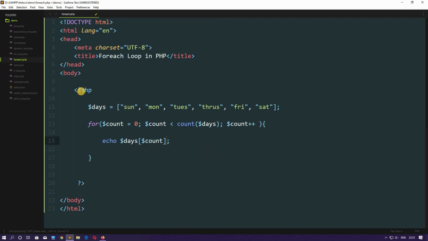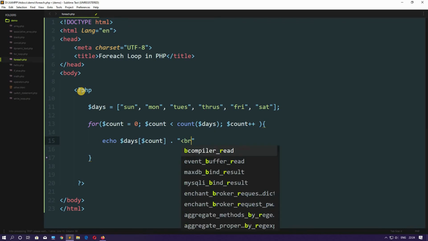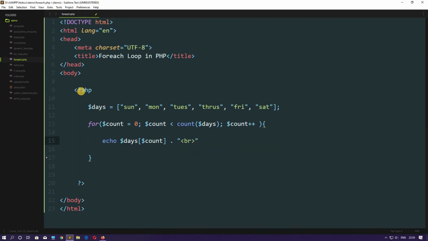Before giving the semicolon, we have seen how to concatenate strings in PHP, so we will use the dot operator to concatenate the strings with the BR tag to break the line. Fine, and then we will put the semicolon. Now let's save this.